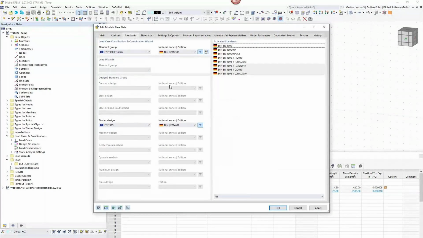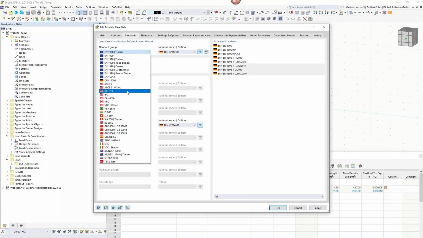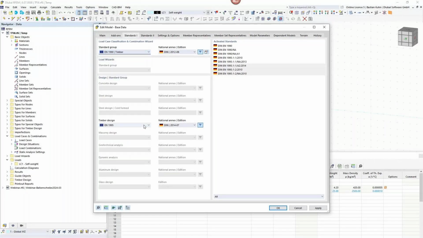Looking at the third register in the basic data, we have the standards here. We are calculating according to the timber Eurocode, and of course it is also possible to calculate according to American standard, Canadian, and a whole bunch of others, even Chinese is possible for timber design. We will choose timber design with all the national annexes that are available for Europe, and it is quite similar for America, Canada, Switzerland, Italy, because Italy has some special rules related to Eurocode, but a little bit different. There are Chinese and Australian standards as well. Okay, all the other options are not relevant for this